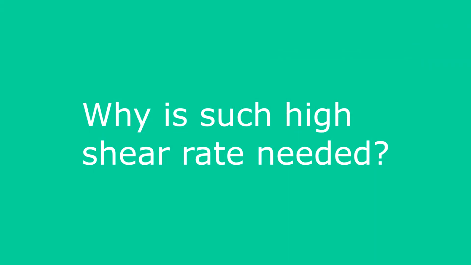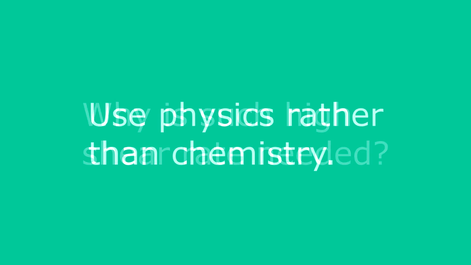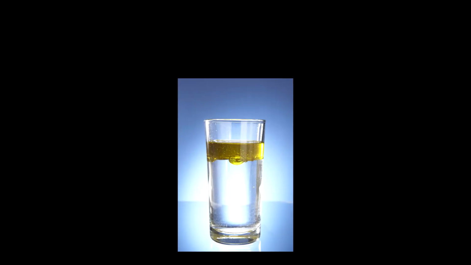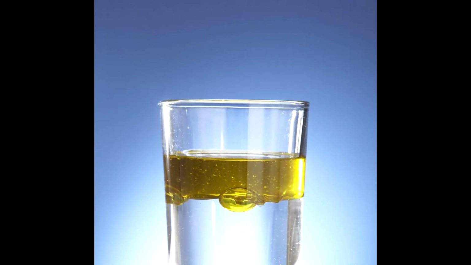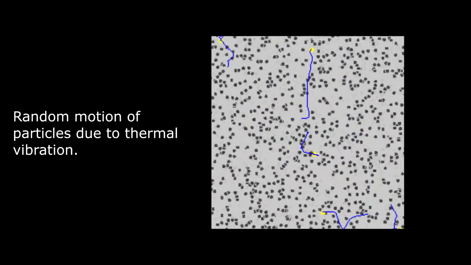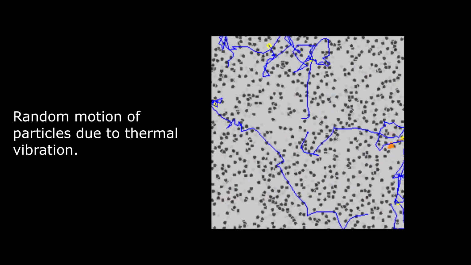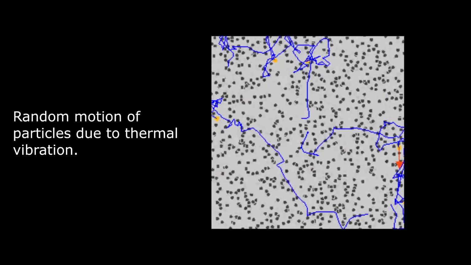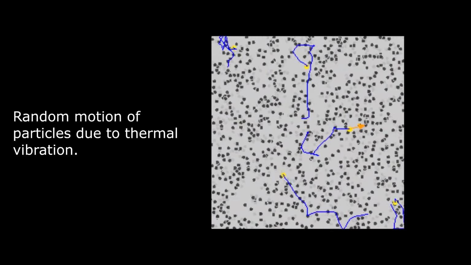Why is such high shear rate needed? High shear is a physical method to disrupt distinct phases within a fluid without the use of strong chemicals. For example, oil in water is an immiscible liquid in liquid, multi-phase mixture. Large oil droplets quickly float to the top causing separation. If the oil droplets are broken into extremely small droplets, to a size where density forces are less than the thermal vibration force, density no longer matters, separation cannot take place and a stable colloidal suspension with properties mimicking a